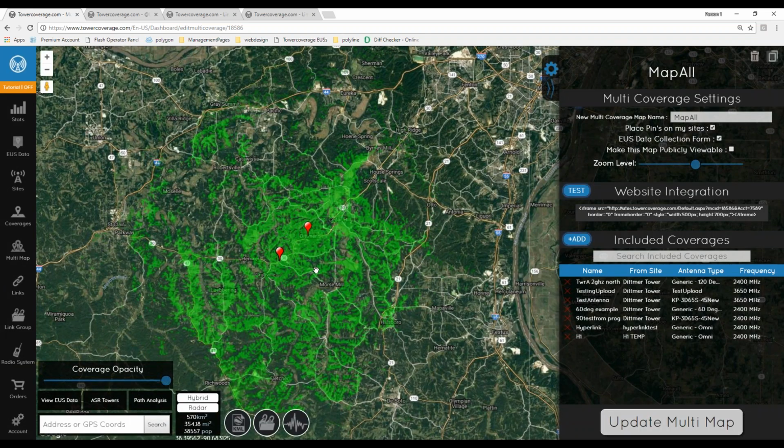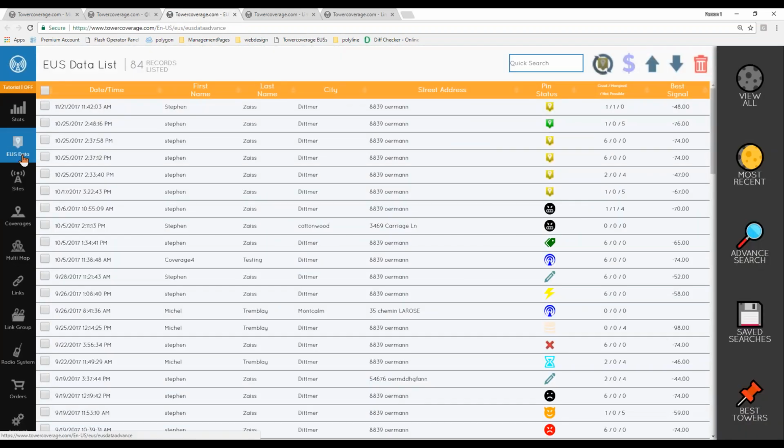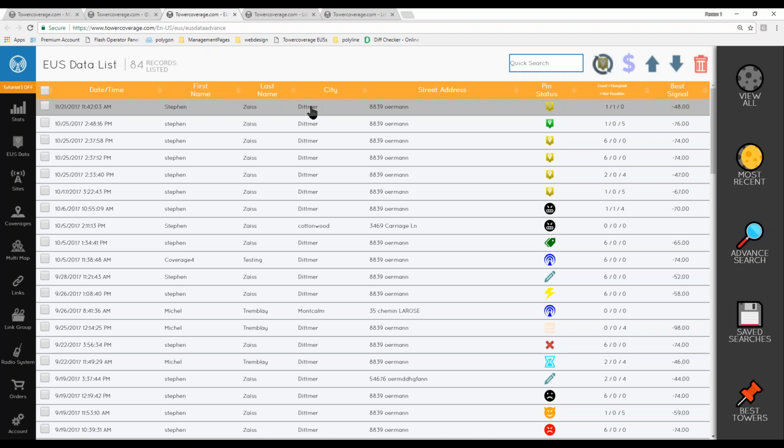That EUS submission, approximately no greater than 5 minutes, but usually within a minute or two, you'll receive an email with the results of that EUS submission. That EUS submission can be found in your account just simply by going to your EUS data. This is the one that we just filled out. You see that it comes through as a new pin,